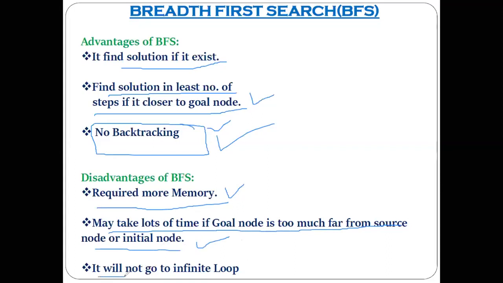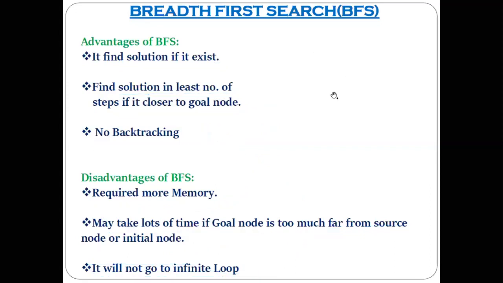And another important point, actually it is an advantage. By mistake I have written this point here. It should be in the advantage points. It never goes into an infinite loop, just like we have seen in case of the DFS, which might go into an infinite loop. Understood? Second algorithm? Yes, sir. I hope now you have a clear-cut idea of what exactly the difference is between the DFS and the BFS.